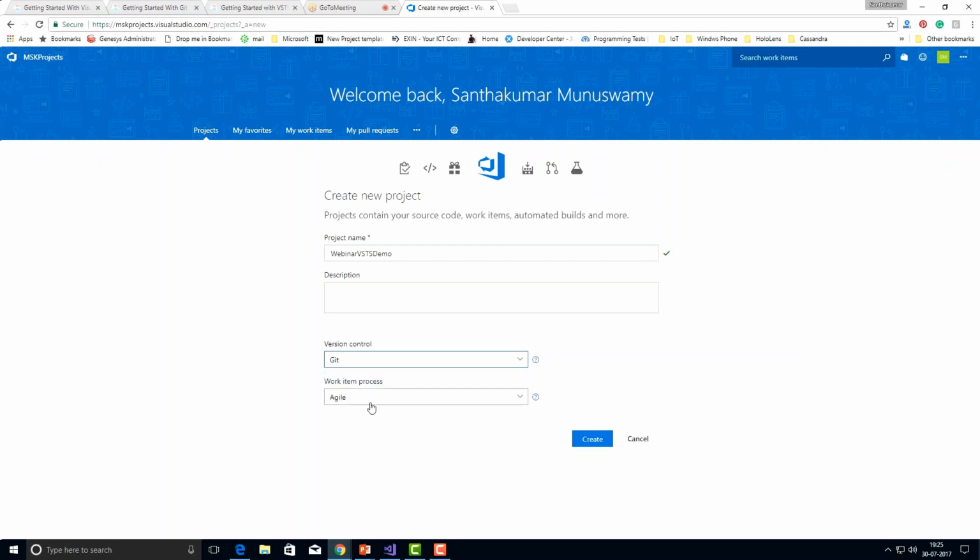I am selecting Git. Here the Agile process, CMMI process, and Scrum process are available. Most organizations nowadays are familiar with the Agile process, so I'm also selecting the Agile process. Once I click the create button,